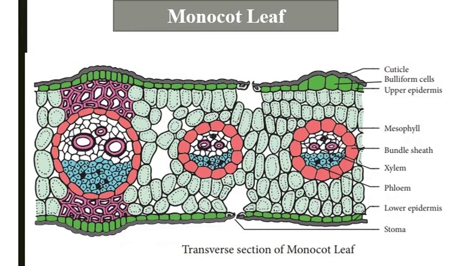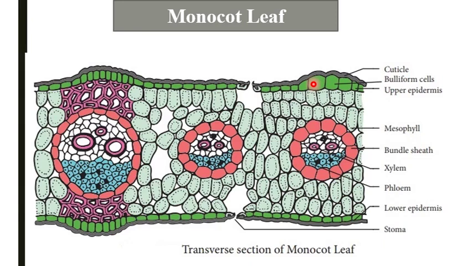In this slide, we can see the structure of a monocot leaf, a transverse section of a monocot leaf. There is a difference between monocot and dicot leaf. We will discuss the dicot leaf later, so you can understand easily. First of all, we can discuss the monocot leaf. Monocot leaves are leaves which appear on plants produced from seeds with single cotyledons like maize, rice, grass, wheat.